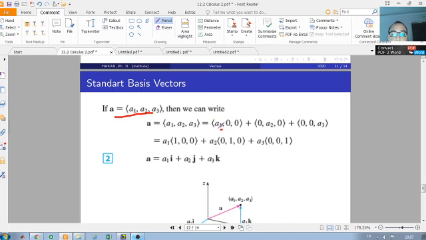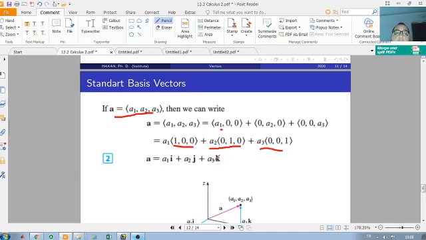The first one is equal to the scalar multiple of the number A1 and the vector i, and similarly the second one. So you know (1, 0, 0) is the vector i, (0, 1, 0) is j, and (0, 0, 1) is